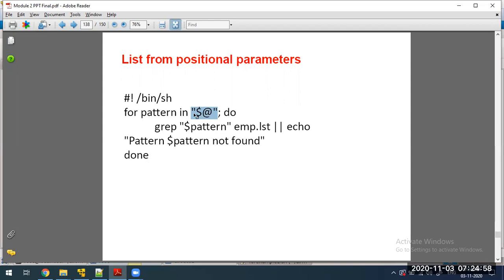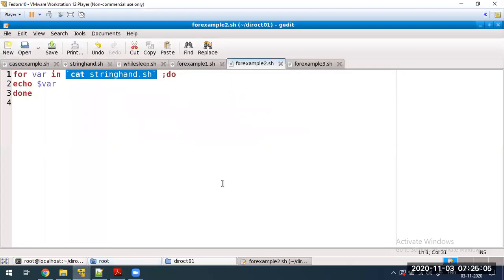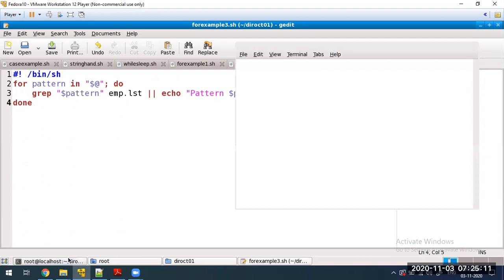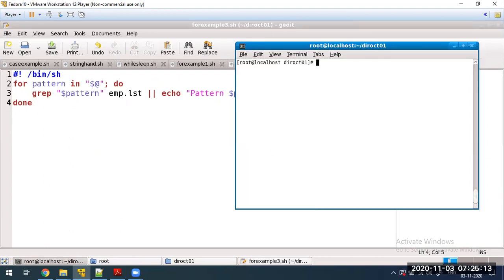This will also give you one by one. And here, what we have done is, we have used the grep command. Let me clear the screen and run 3.sh for example.